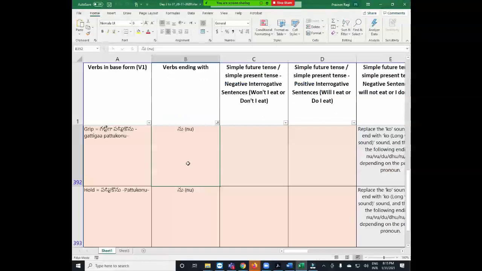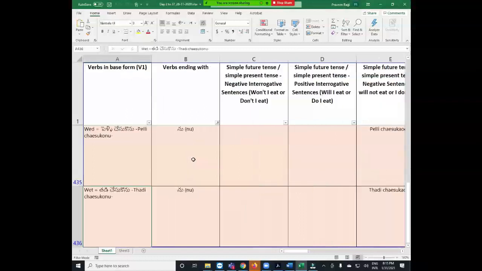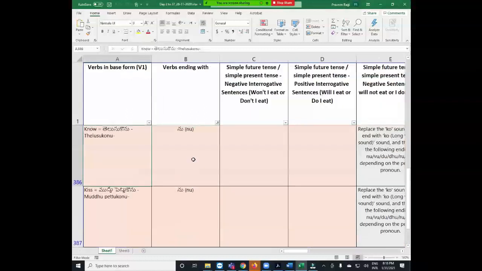If you look at this Excel file, we have almost 436 verbs. These are commonly used verbs. We can compress this into 200 commonly used verbs. Then if we compress again, we'll get maybe 50 most commonly used verbs. Just to start speaking in Telugu, you need to identify those most commonly used 50 verbs, then try to make your conjugation tables, converting them into